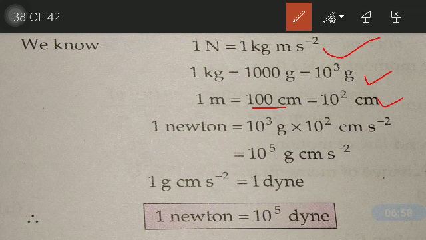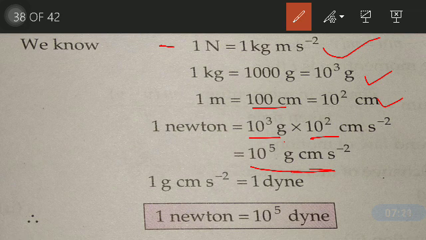Placing these values into the 1 kilogram meter per second square, we will get 10 raised to the power 3 grams in place of 1 kilogram, and 10 raised to the power 2 centimeters in place of 1 meter. So doing the calculation, we will have 10 raised to the power 5 gram centimeter